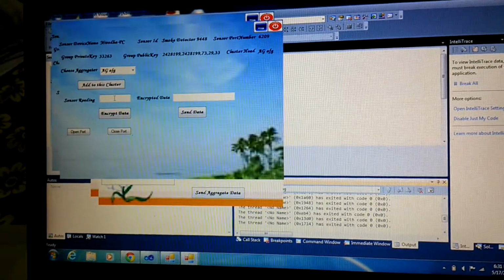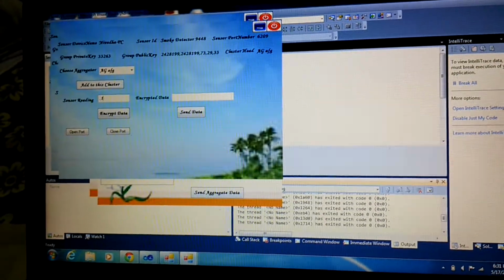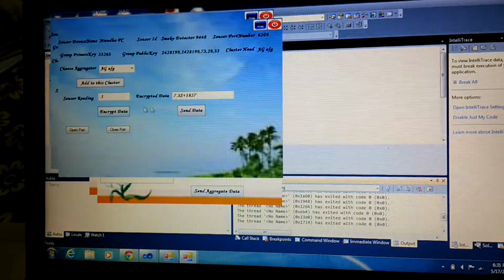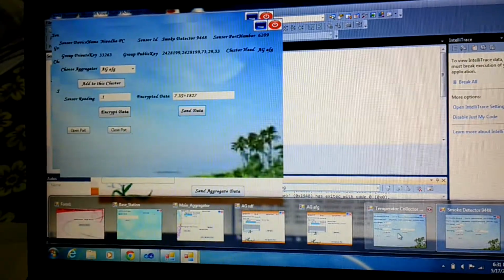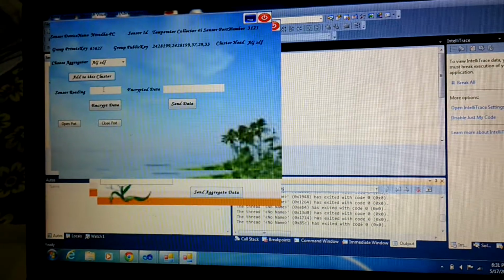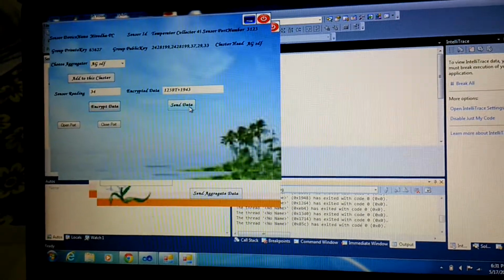After that, we have to give the reading for sensor nodes, encrypt data, then we have to send the data. Similarly, here we have to give unencrypted and send the data.